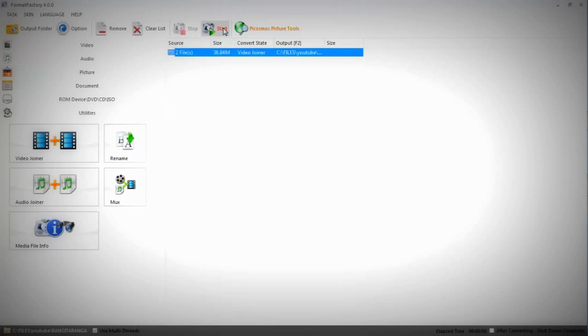So let's start the video joining process, and you can see the video joining process has already been initiated, and this process is going on, and you have to wait until it gets finished. As I just told you, this conversion process can take a little bit of time, because it depends on the number of files you are adding, the quality of the files, and the total size of those raw files that you are adding of your choice. So the conversion time literally depends on those files.